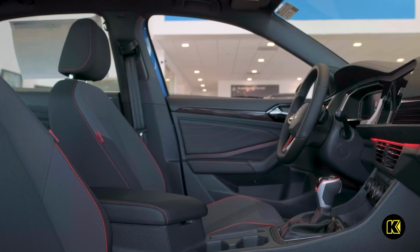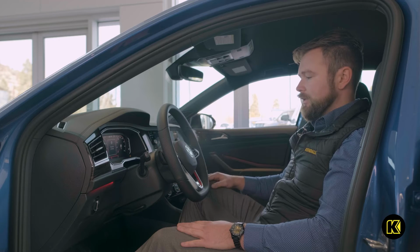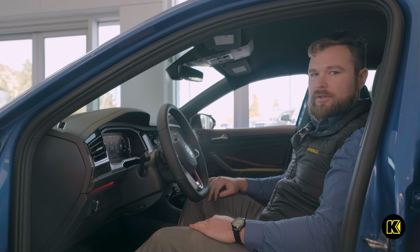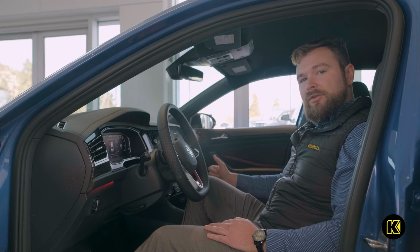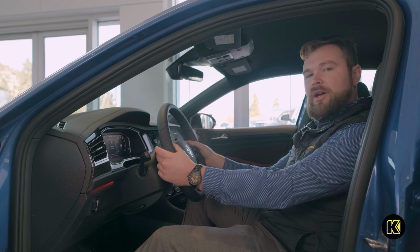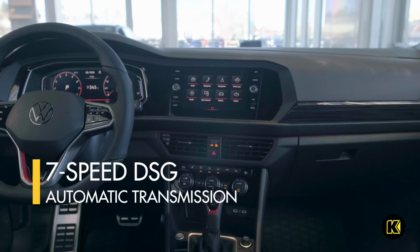One of my favorite aspects of driving this vehicle is the dynamic chassis control, or DCC as it's known. It can stiffen the suspension when needed or soften it if you're going on a road trip, which I think is an excellent feature for a drivable car. One other big benefit of this 2-liter turbo, it's paired with a 7-speed DSG transmission, which is great because it has a flappy paddle gearbox, as some people call it, and it makes it very smooth shifting, but also very